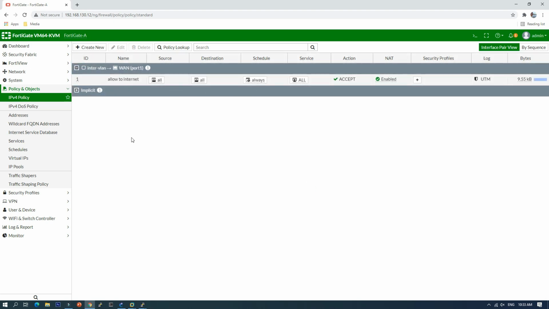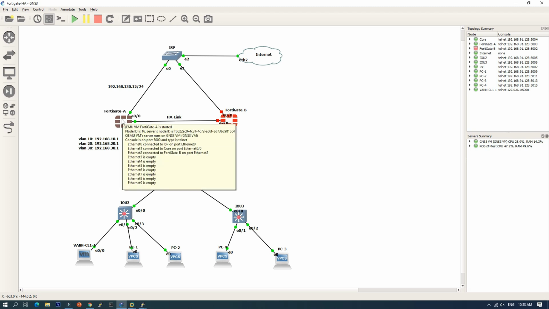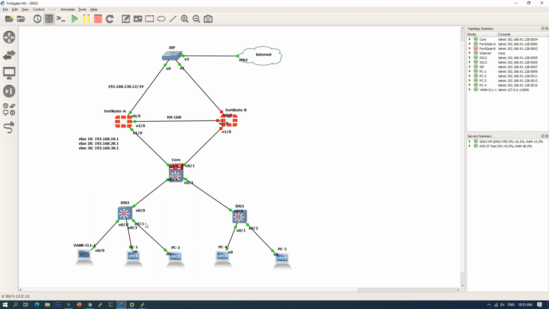What we need to do is configure the HA between FortiGate A and FortiGate B. When FortiGate B joins the HA cluster, it will update the configuration from FortiGate A. So when FortiGate A is down, FortiGate B will take control of all the network, and our network can still run smoothly.